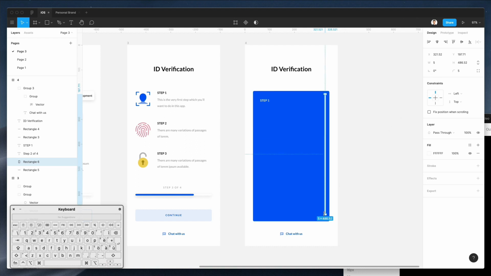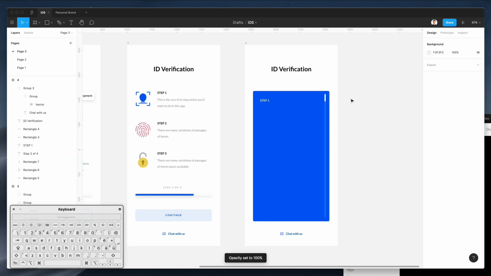And let's make it full height. I'm going to make it 10% or 15%. I guess go with 20 since it's not all that visible at the moment. And I'm going to duplicate this, make it full